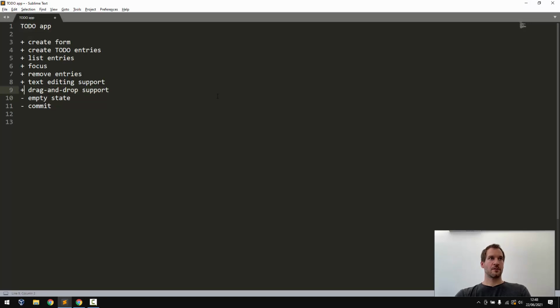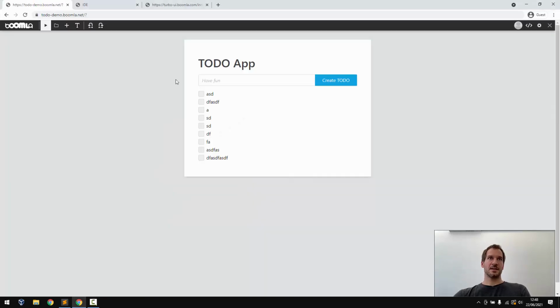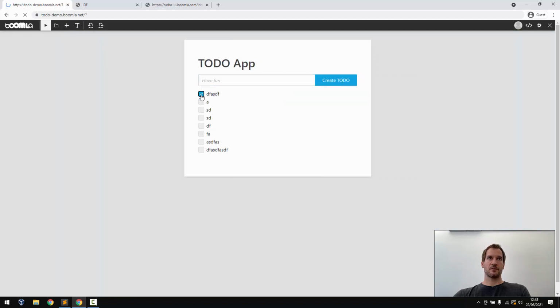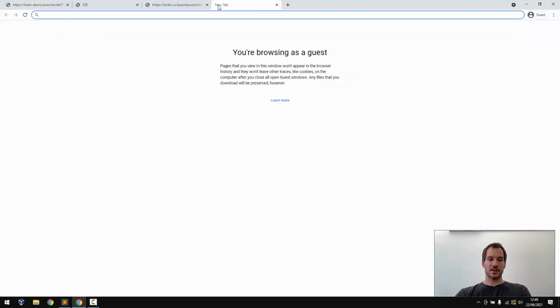Check this off. Let's create an empty state. So if we remove all of these, oh, let me check those off. Oh, so good feeling. All right, so now it shows nothing, but you know, we want to show something to encourage the user to reach the empty state of the to-do list app. So let's go to